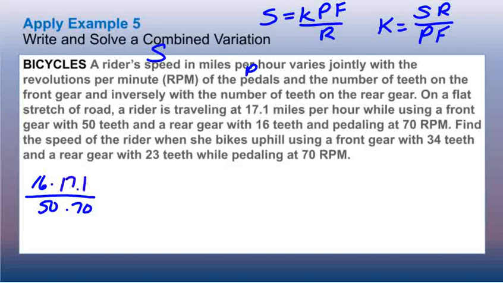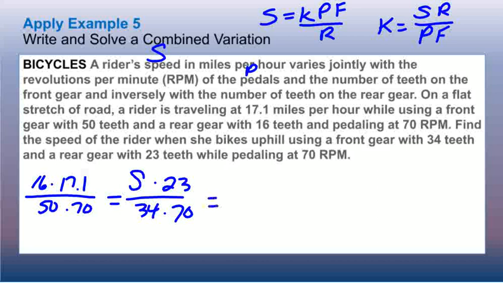I'm going to have 17.1. This is going to equal, find the speed, so S, when she bikes uphill using front gear, 34 teeth, that's 34 on the bottom, and a rear gear of 23, so R is 23, while pedaling 70 RPM. That would be my equation here. So I would just do 16 times 17.1 times 34 times 70. This gives me